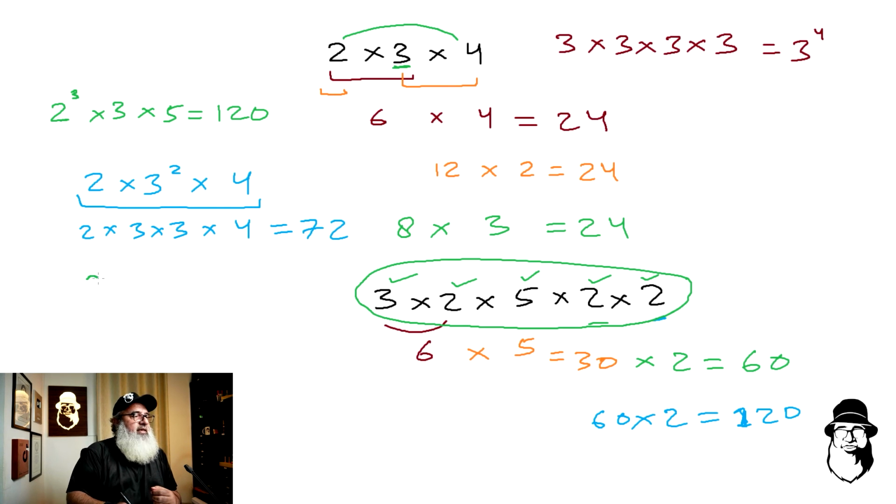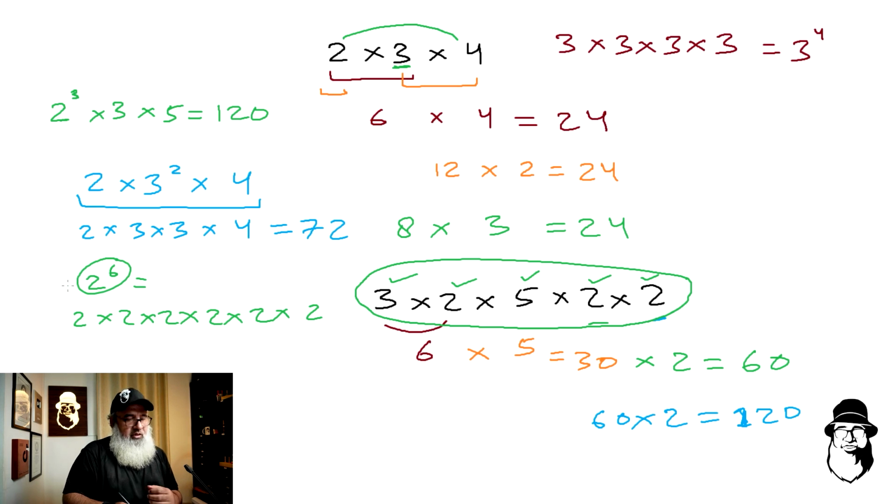Or if it is, let's say, 2 to the power of 6, this actually means 2 times 2 times 2 times 2 times 2 times 2. So a lot of this writing can be avoided just by writing this to the power 6, that is